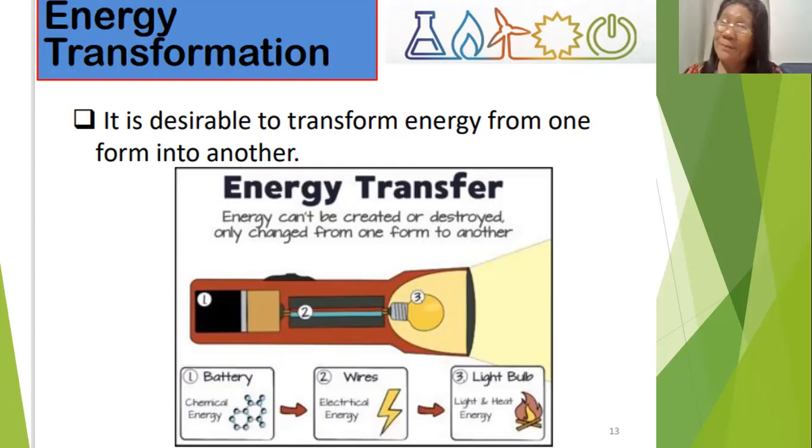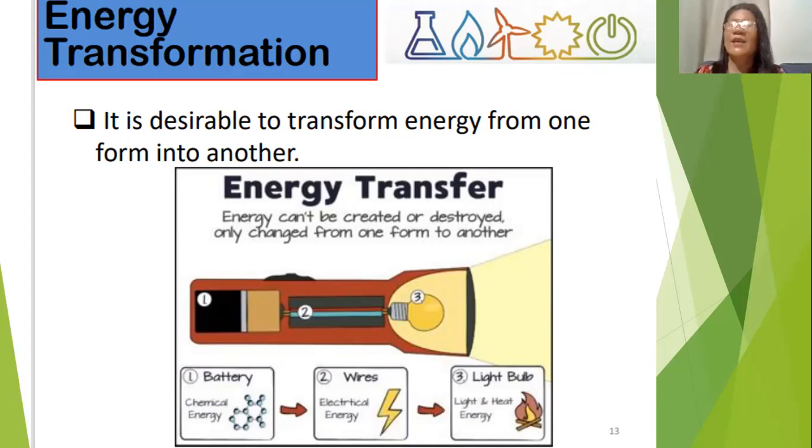Then we also want to be cool, electric fan, that's heat energy. We also want to cook, it's heat energy. So see what happened to that energy? The first source of energy is the kinetic energy. It is converted into mechanical energy. It is converted again into electrical energy, chemical energy. Then it's stored, then distributed to the different houses or residences or factories in a form of electrical energy. When it arrives at the house, it is used for cooking, heat energy, and so on and so forth.